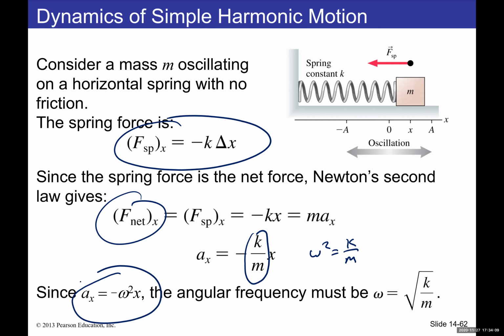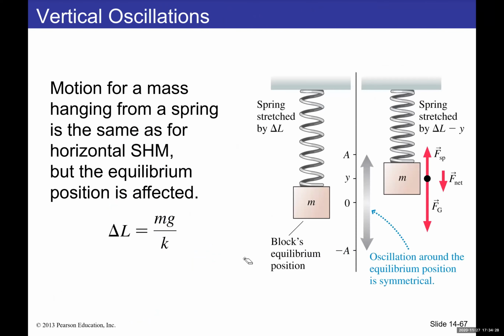So simple harmonic motion occurs only when acceleration is proportional to the negative of x. The spring system and the pendulum system are both simple harmonic motion because you get this proportionality. Now here we can have a spring hanging vertically rather than on a horizontal axis,